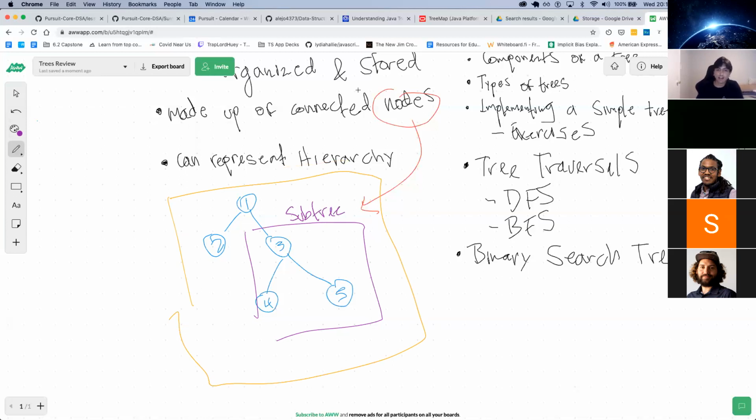Okay. Now, what are these nodes? How can we represent this circle with a 3 inside, but now in a programming language like JavaScript? How is it that we do that?